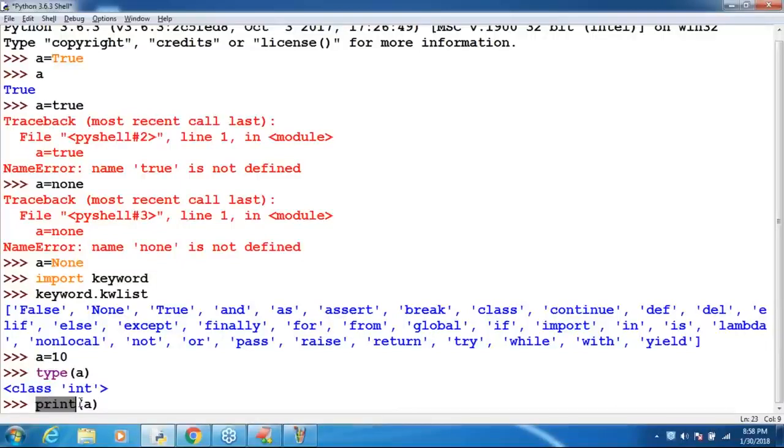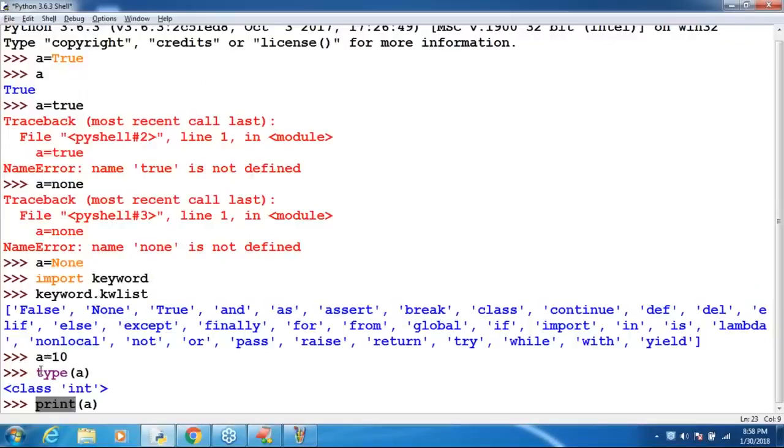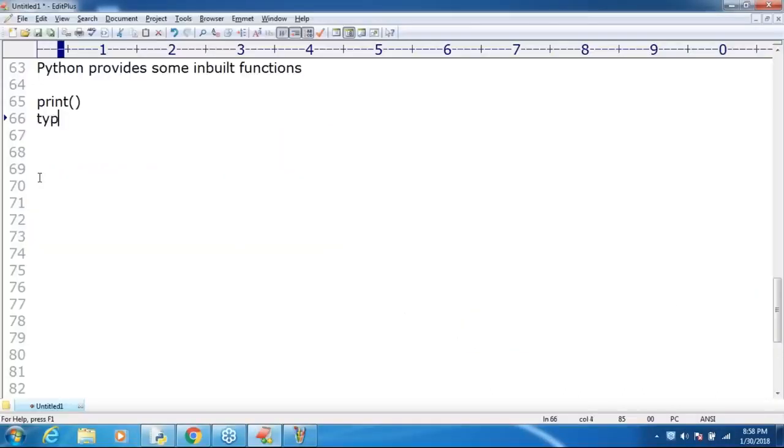Print itself is an inbuilt function to print the value of a. Now I ask, what is the type of a? Type is to know the type of the variable, right?